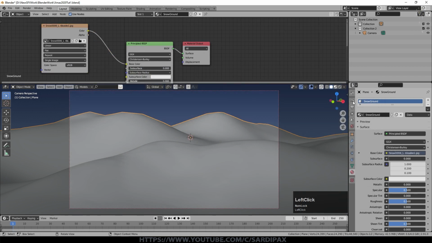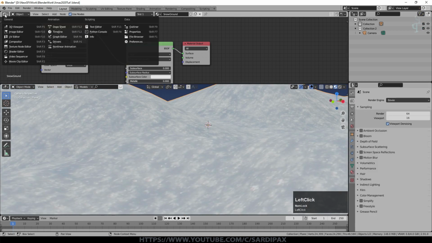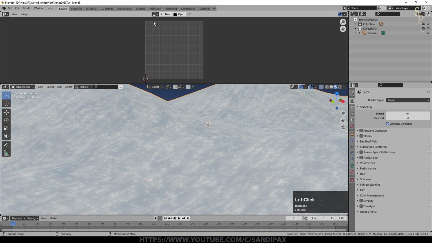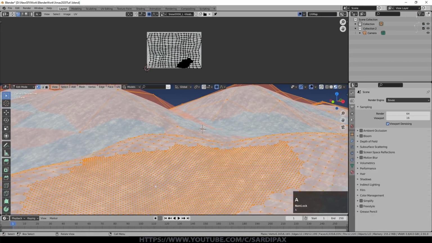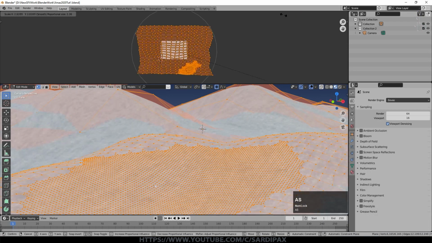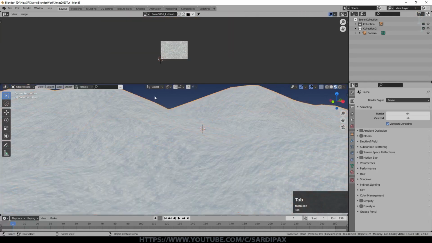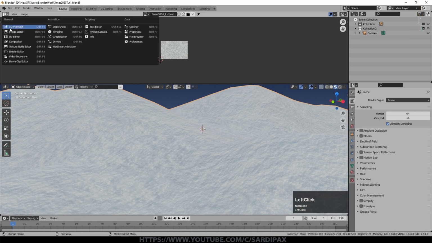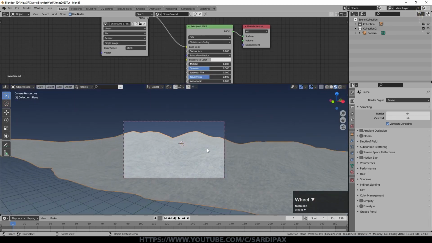I'm going to do this, of course, in Eevee, and you can see it's quite large, relatively speaking, at the moment. So if I open the UV editor and call up the snow image and then go into edit mode and select my mesh, you can see it's only the same size as the tile at the moment. So I'm now going to make it quite a bit bigger, which will make the texture a lot smaller. And it's fairly tileable, so that's not too much of a problem. If it wasn't tileable, you'd of course get lines and things, and I've shown on some other tutorials how you can reduce that problem.